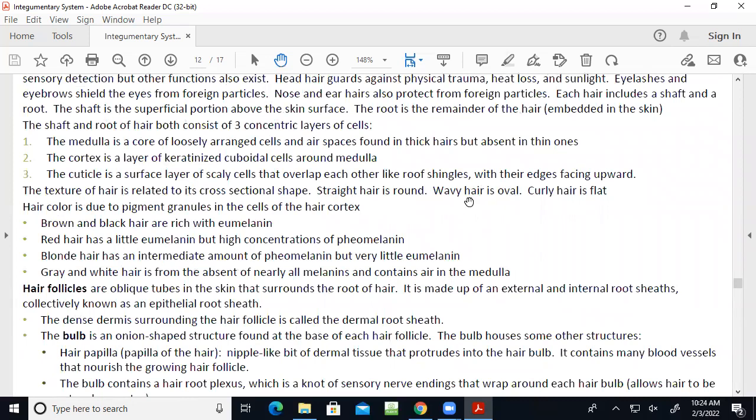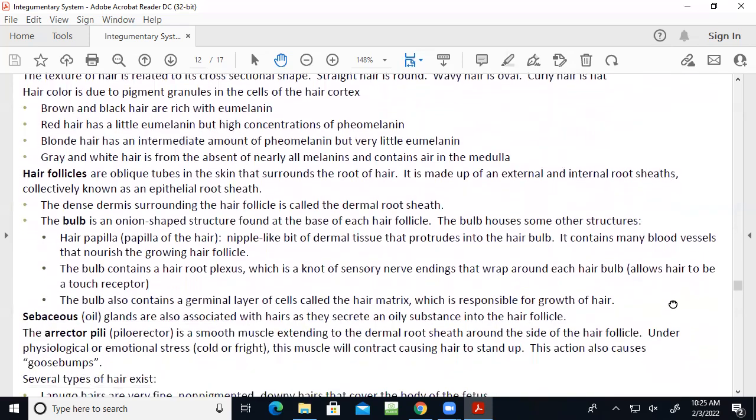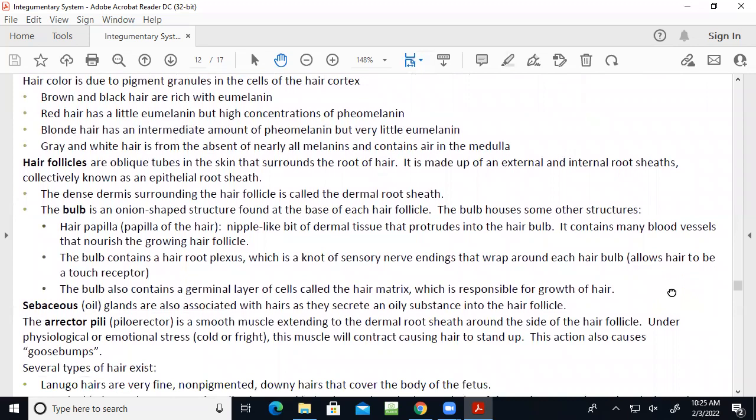If it's more oval shaped, your hair will be more wavy. If it's flattened, it's going to cause your hair to be more curly. And that, just like hair color, a lot of it's determined genetically. Okay, now you can do different things to affect that, but your traditional normal hair texture relates to your cross-sectional